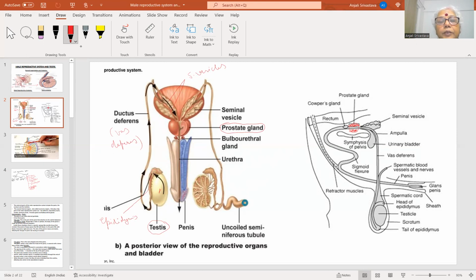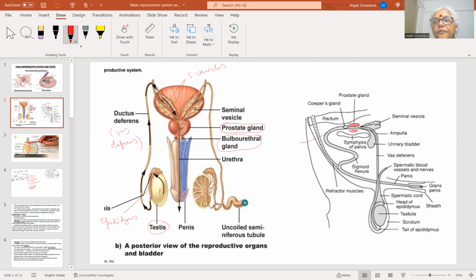Then besides this, just below this prostate gland are two bulbourethral glands or Cowper's glands. This is also called Cowper's gland. Now, this vas deferens joins with the seminal vesicles. Internally, it continues and carries sperms through all these glands. All these glands' secretions are mixed with the internal secretion of the seminal vesicle. As the name says, this is the place for storage of the sperms. And now all these three together continue into the ejaculatory duct. After the Cowper's gland, this will be the ejaculatory